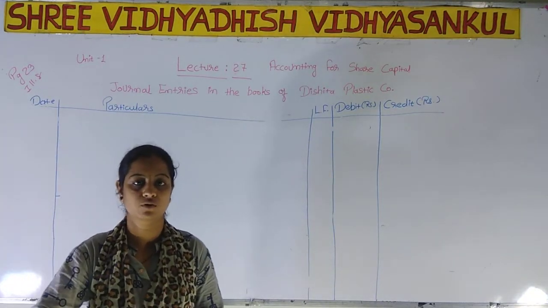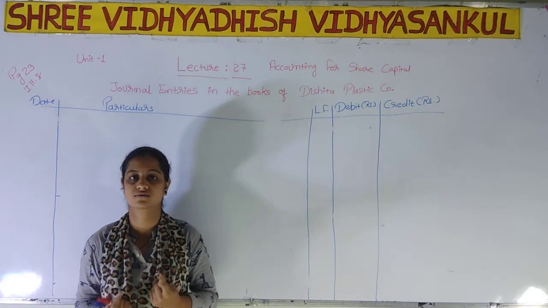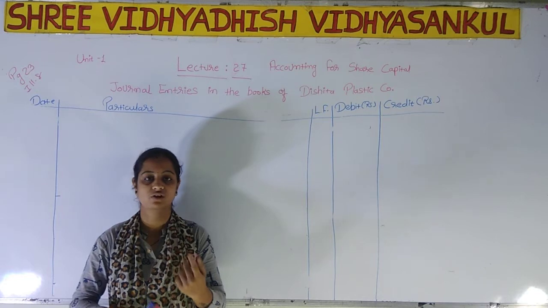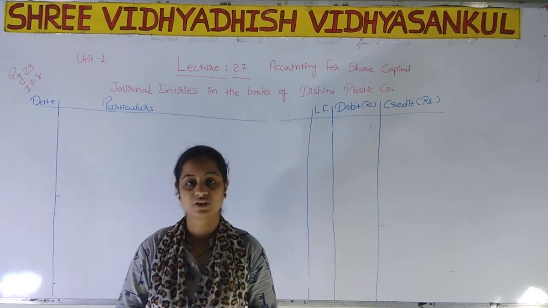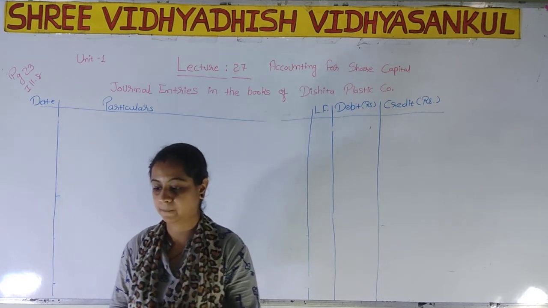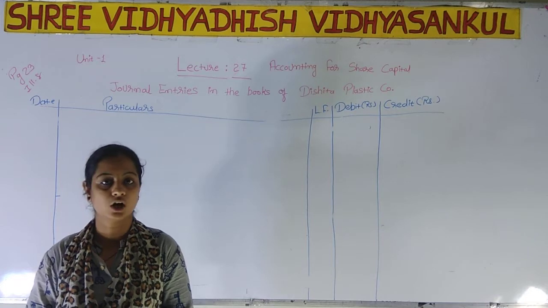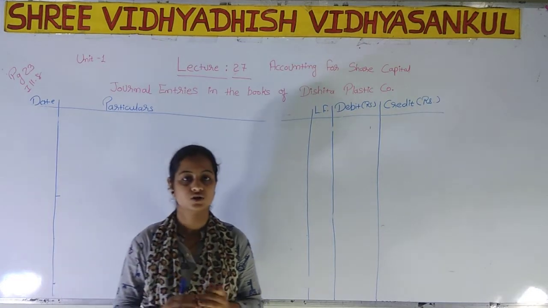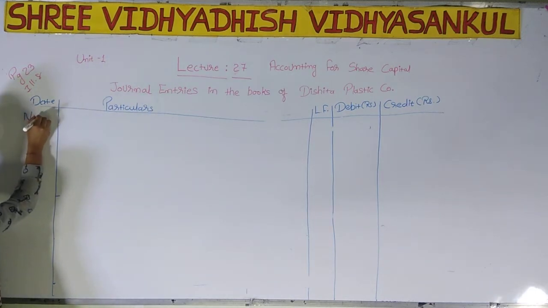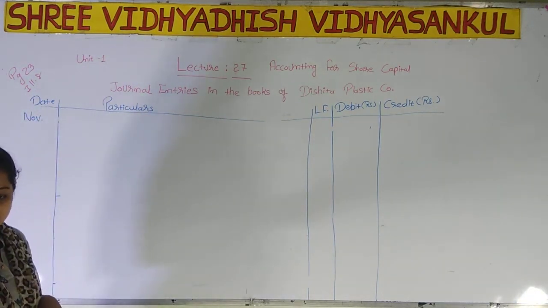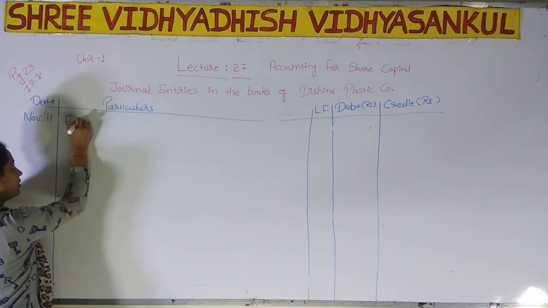Next entry will be for final call. In final call, there will be two entries, demand and receive, right? So first of all, we have to write the demand entry. Now check the date on which we have demanded final call money: on 11th November 2017, with final call rupees 3 per share, right? So in date we have to write November 11, and the journal entry will be